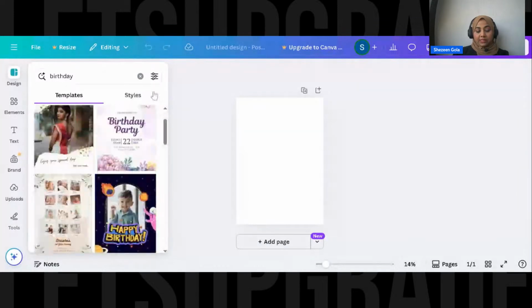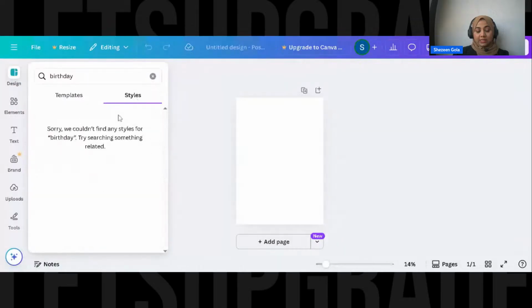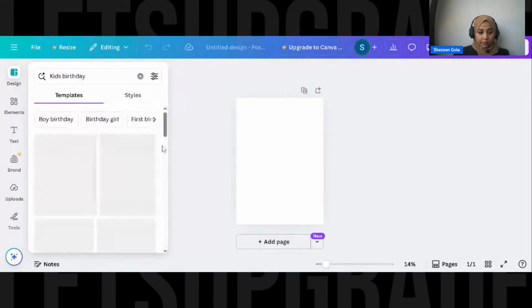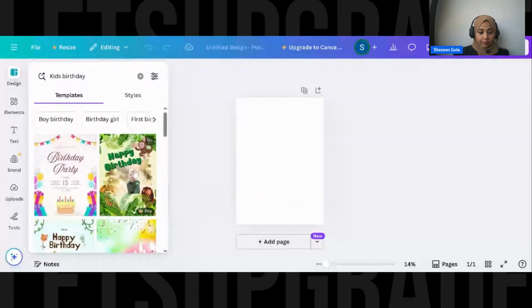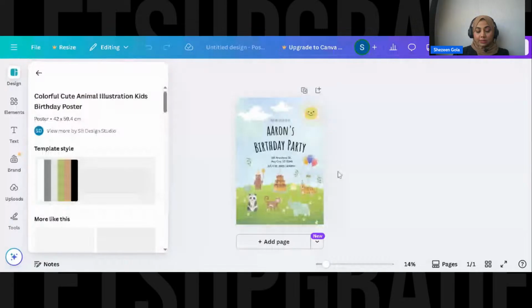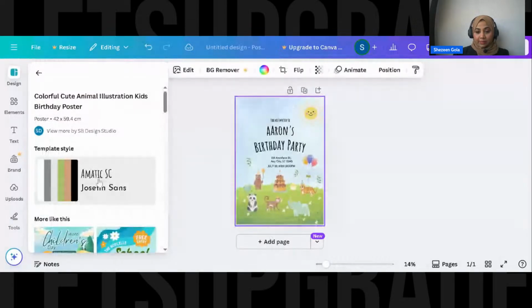You have different styles, and these are the templates. If it's a kid's birthday, we'll select this. Now as you can see, I've selected a template. Here are the template styles. Here are the colors available. Now I click on this.